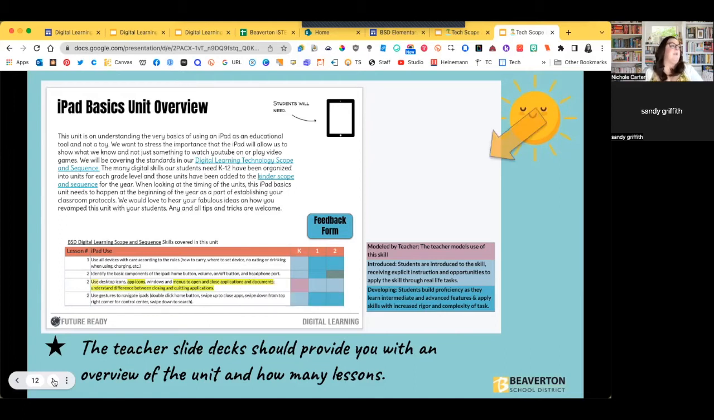You also notice that we have color coded. We want this modeled by the teacher, introduced, or it should be a developing skill. So just wanting to make sure that's off to the side in the gray working area of the teacher slide deck. So be paying attention to the gray working area, because sometimes I will provide